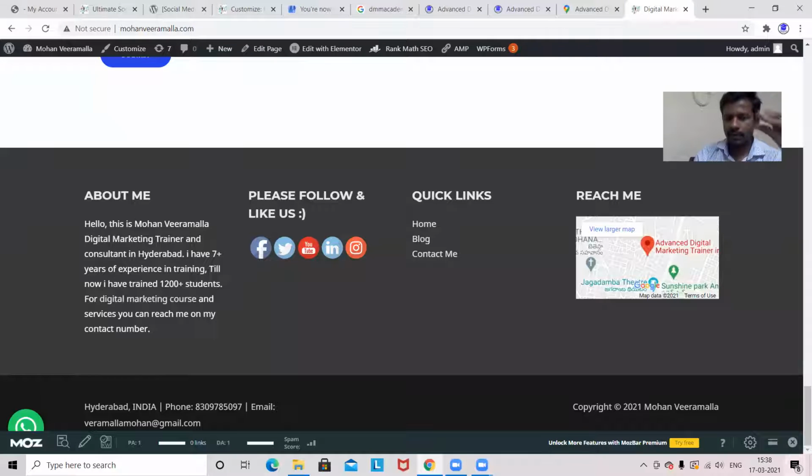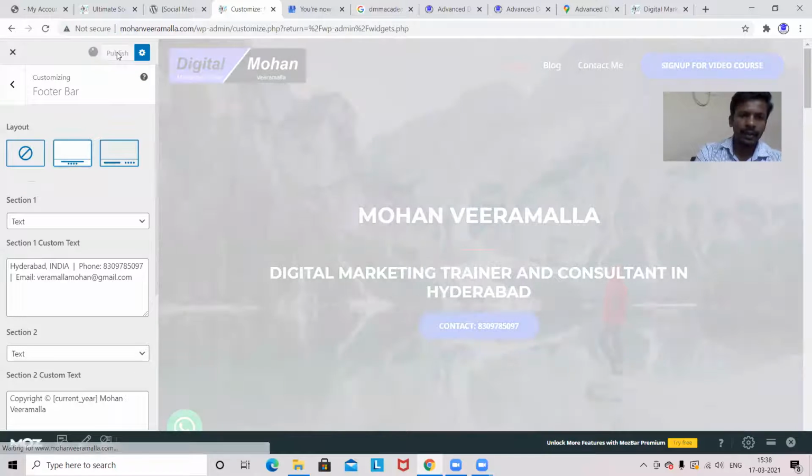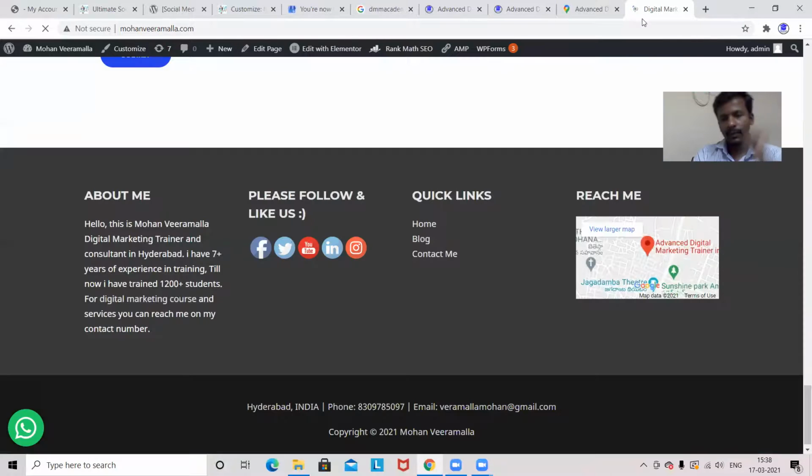Now it is looking odd, like the footer on the left hand side is creating two lines. The email is in the first line and the email ID is showing in the second line. I don't want it that way. So that's why we went for a very good thing called center, so that we can show everything clearly in one line. This one.